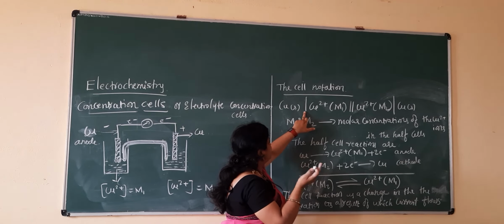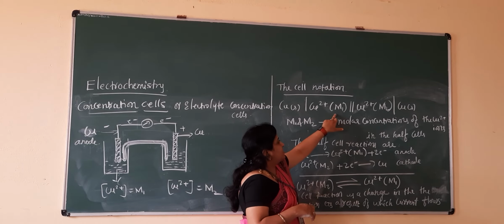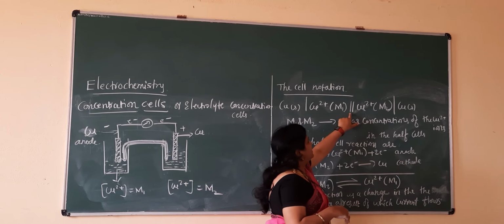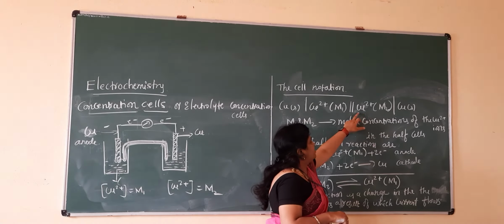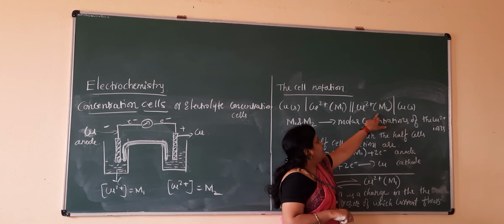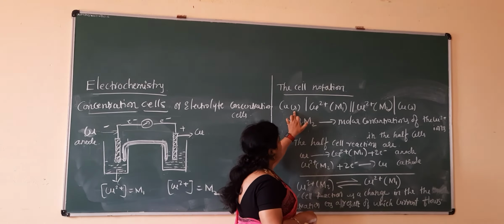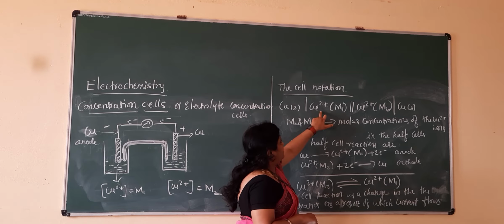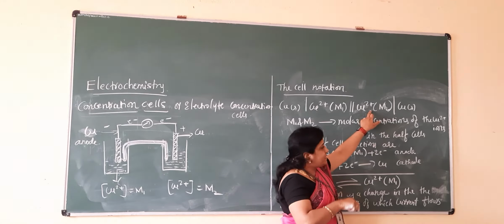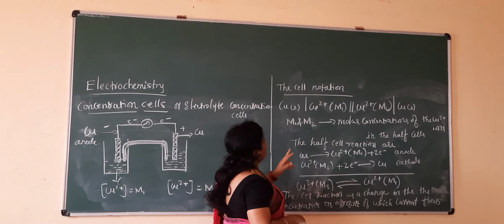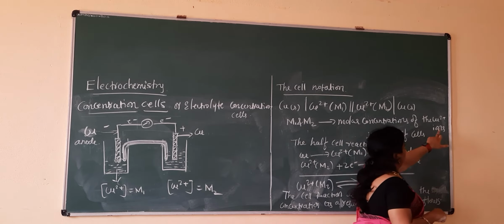So it is an interface between the solution and the solid rod, where the concentration M1 we have taken. This vertical line indicates the presence of a salt bridge, and then Cu2+ and there is one more solution, the concentration of that solution is M2, and there is a cathode. So anode, the solution in which the anode is placed, salt bridge, the solution in which the cathode is placed, and cathode. Where M1 and M2 are the molar concentrations of the Cu2+ ions,